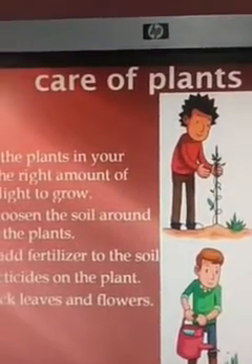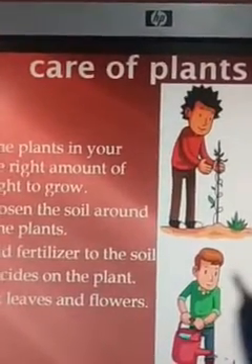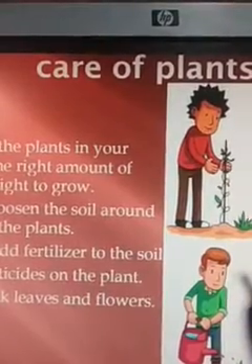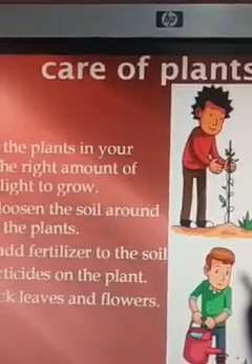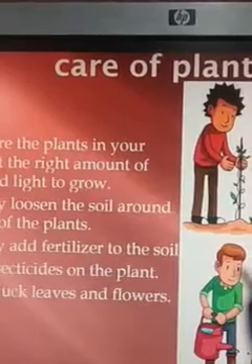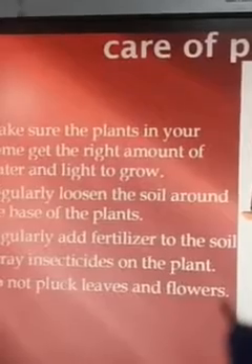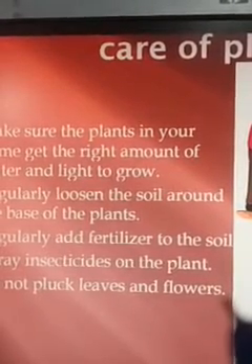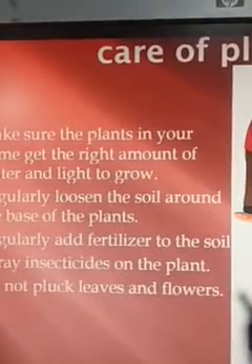So now we are going to study how to take care of plants, because plants are also called the lungs of the universe. From plants we receive oxygen, and oxygen is very much needed for humans to live on the earth. Humans and animals also need oxygen. Without oxygen we will die. Because of pollution, the oxygen level is getting decreased, so we have to increase the oxygen level. So we have to take care of plants.